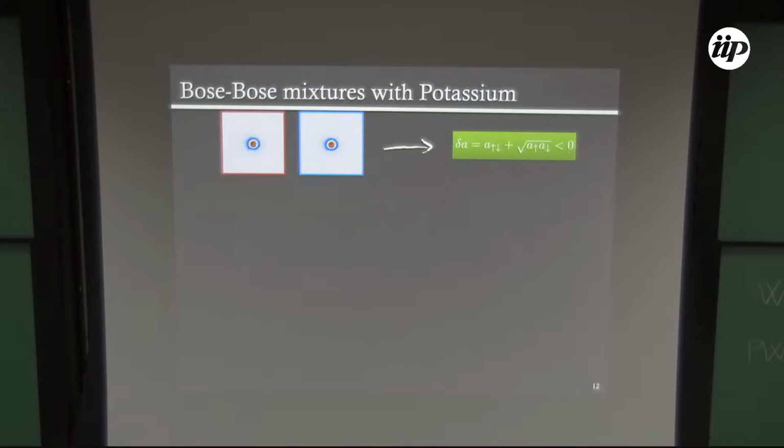So the idea of this Bose-Bose mixture is that first, we need a Bose-Bose mixture that allows us to have this parameter delta A, for up and down, lower than 0. So of course, in our experiment at ICFO, we work with potassium, so we can find, or we could have